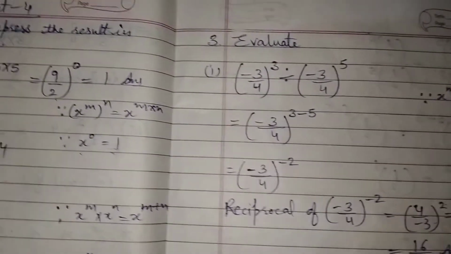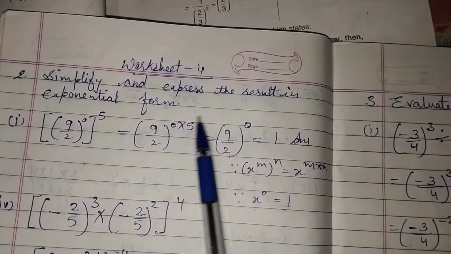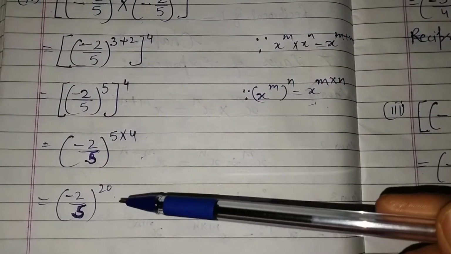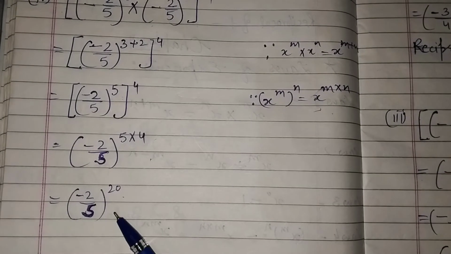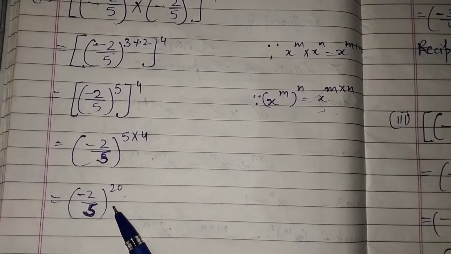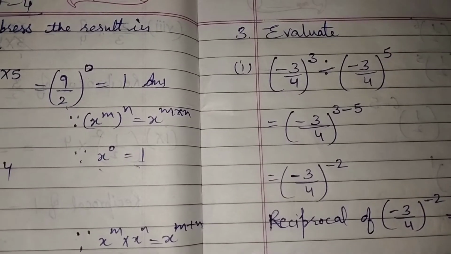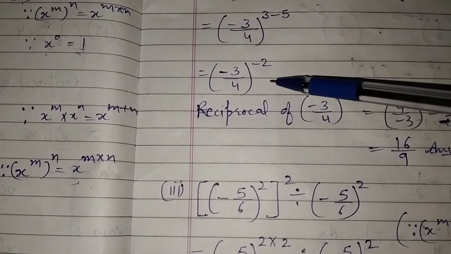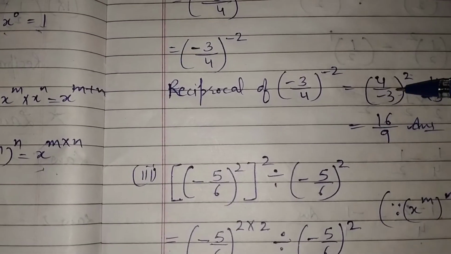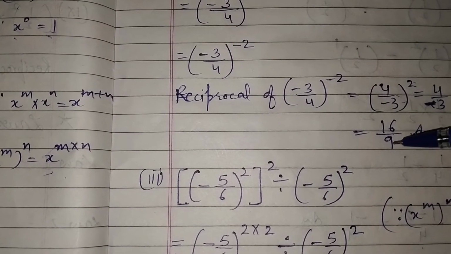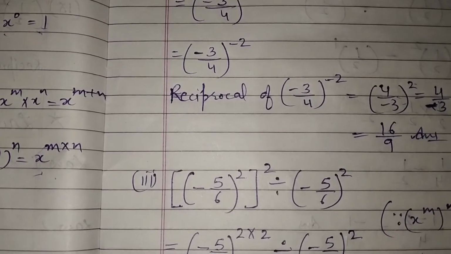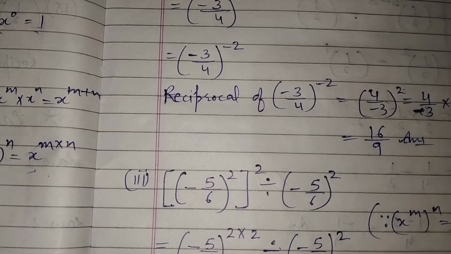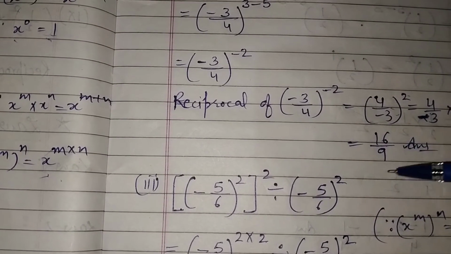Here see the difference, beta. In question number 2 it was asked to express the result in exponential form. It means you will give your answer in exponential form, you will not solve this. And here it says evaluate, then you will solve, you will find the value of this. Otherwise you can leave your answer here, but it is asked to find or evaluate, or it can be asked to find your result in the form of rational numbers. Then you have to solve this sum up to here.